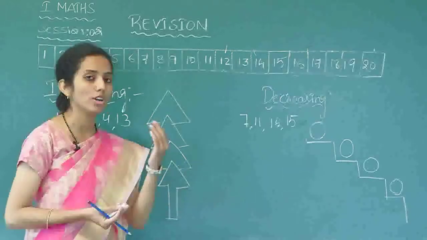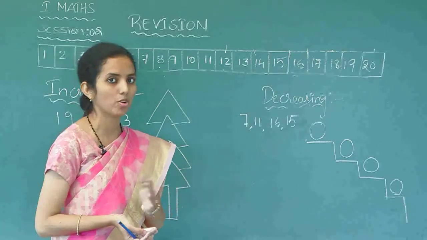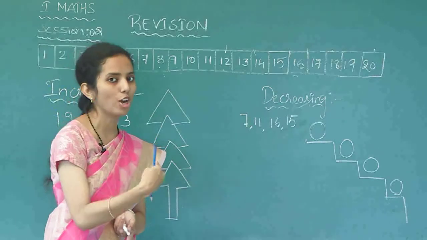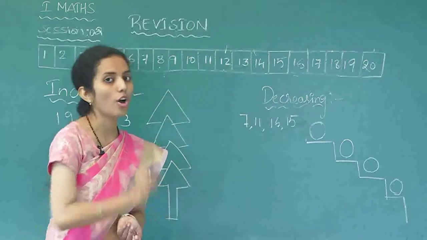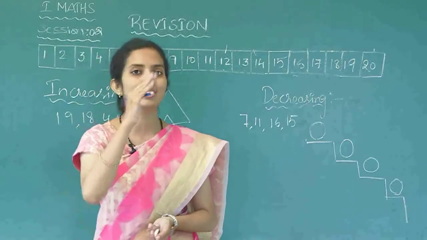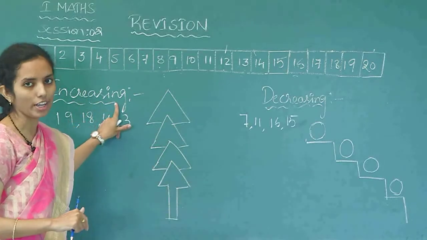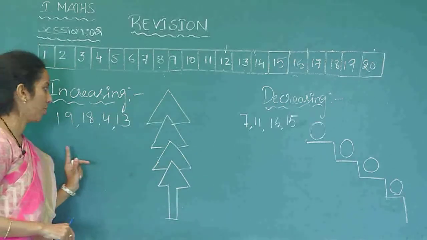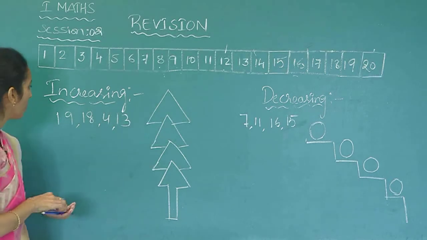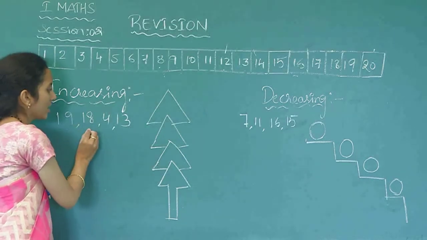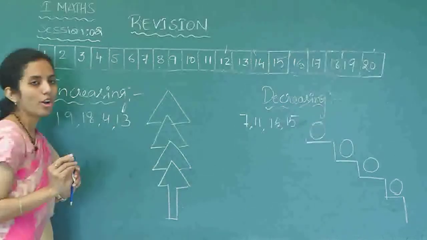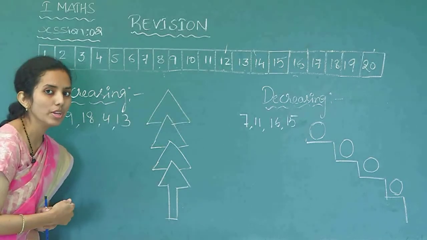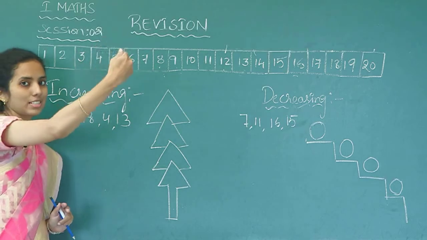So now you have learnt what are smaller numbers, bigger numbers and between numbers. Okay. Now it is very easy for you to arrange the numbers from smallest to biggest. So arranging or writing numbers from smallest to biggest is called increasing order. Okay. Understood? Now let us do it with an example. We have 4 numbers here. What are those numbers? 19, 18, 4 and 13. What we have to do? We have to write in the increasing order. So increasing order means smallest to highest, right?